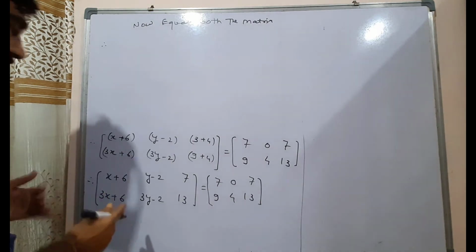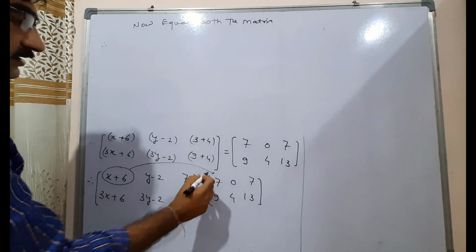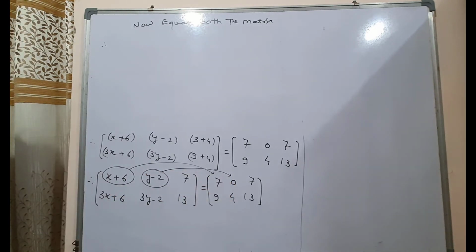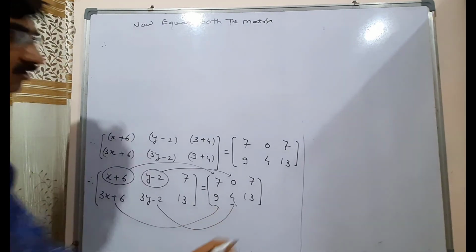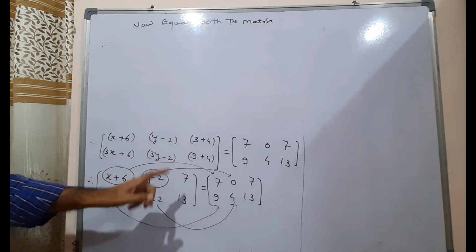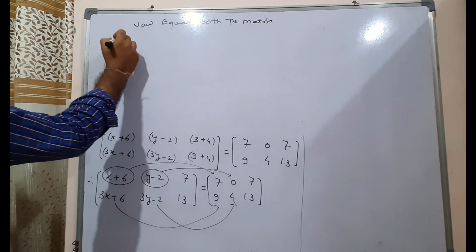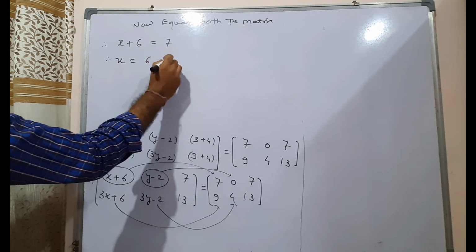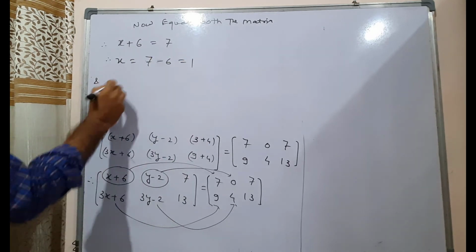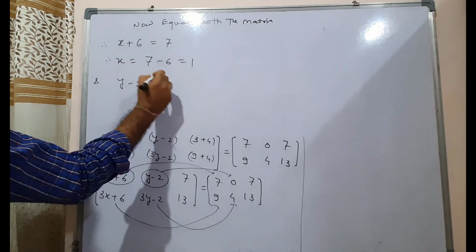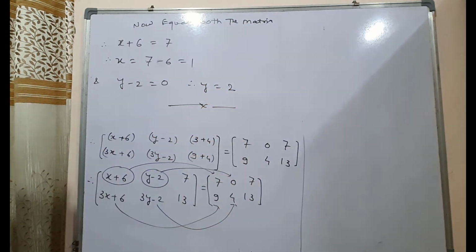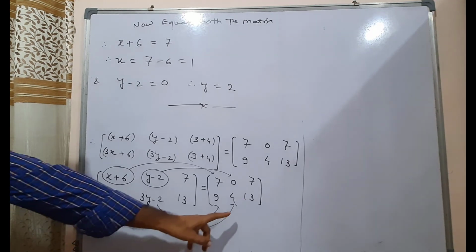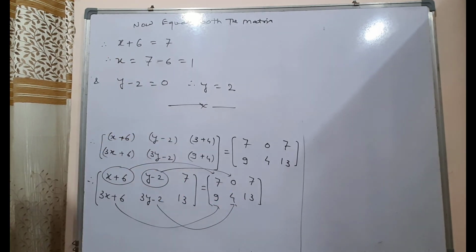तो इक्वेट करते समय आप कोई भी एक, x प्लस 6 जो है आप 7 के साथ इक्वेट करो और y माइनस 2 है आप 0 के साथ इक्वेट करो। अगर आप ये भी इक्वेट करते हैं then also you got the same value of x and y। कोई भी इक्वेशन अगर आप इक्वेट करते हैं तो आपको x और y का वैल्यू सेम मिलना चाहिए। जैसे कि मैं अभी यहाँ पे लेता हूँ x plus 6 equal to 7, तो इसका मतलब है x is equal to 7 minus 6, that is 1, and second is y minus 2 is equal to 0, that is y is equal to 2। तो इस तरह से हमने x का वैल्यू 1 निकाला है और y का वैल्यू 2 find out करते हैं। If you take again 3x plus 6 is equal to 9, definitely you will get the value of x is 1, and if you take 3y minus 2 equal to 4, that time also you get the value of y is 2. Okay, so this is the answer.